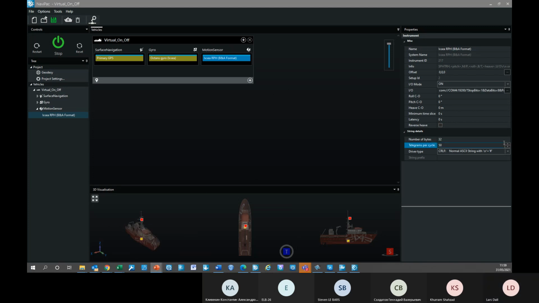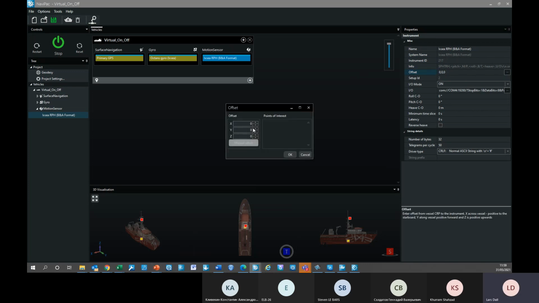Now, let's have a look at the configurations. Yeah, we can start with the offsets. And the values, again, that I'm typing in here are the values that I have chosen for the exercise in the